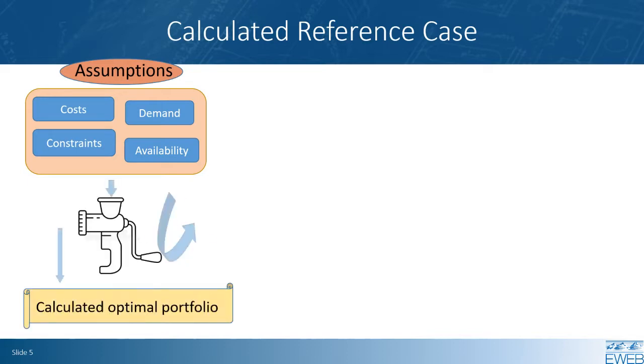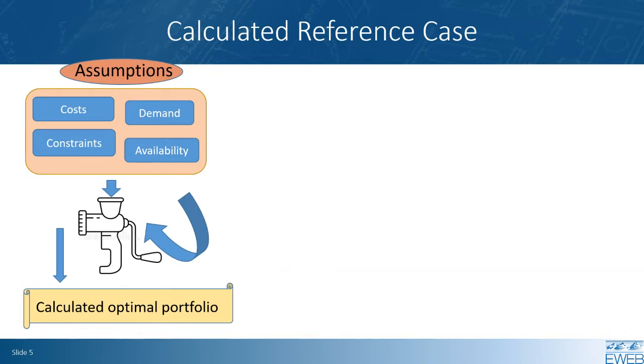So where does this reference case come from that we're talking about? Power planning uses a software called Aurora that simulates the hourly operation of both the EWEB system and the WEC-wide system. And that latter part allows us to simulate interacting with the market. There are lots of variables that go into the simulation. The last study I looked at had something like 1.3 million variables in it. We have to make some assumptions about some of them, not all of them, but some of them. So tonight we're going to talk about some of those key assumptions that go into the model because they really drive the model results.